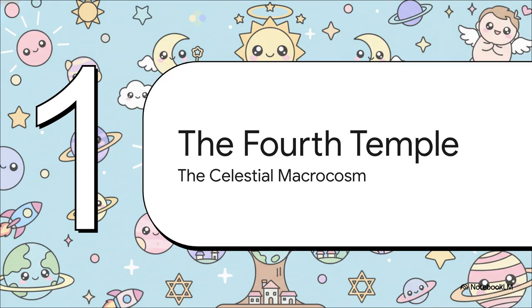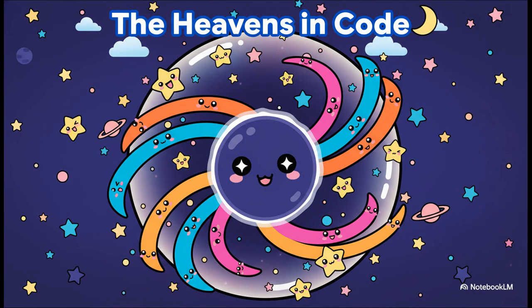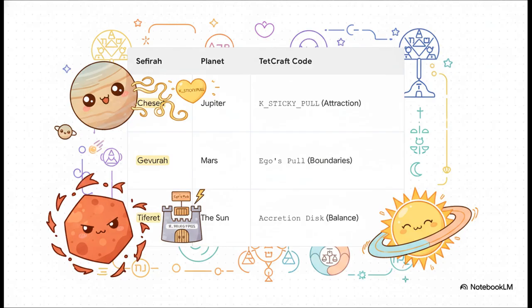It represents the moment the blueprint expands outward, from the microcosm of the human to the macrocosm of the heavens. You find it in the simulation's astronomical features. And this is where the code gets truly cosmic. That black hole at the center of everything, that is the abyss, the great unknown. There's a function called singularity spin, which represents the chaotic, wild energy just before creation manifests. And get this, a function called four-sphere past projection literally draws the celestial sphere, the zodiac, all around you, with each tiny dot representing one of the fixed stars. The level of detail here is just staggering.